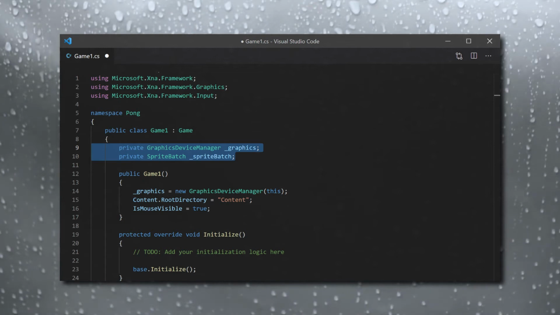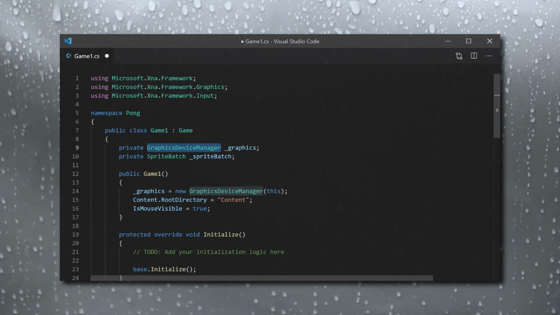These 2 fields are kind of important to MonoGame coding, so they are generated automatically. The first stores a GraphicsDeviceManager object, which handles changing window size, changing it to full screen, and all that. The next stores a SpriteBatch object, which is what we will use to draw to the screen.